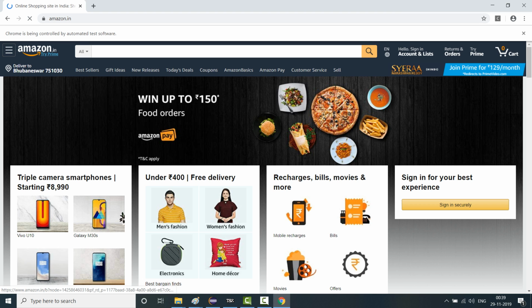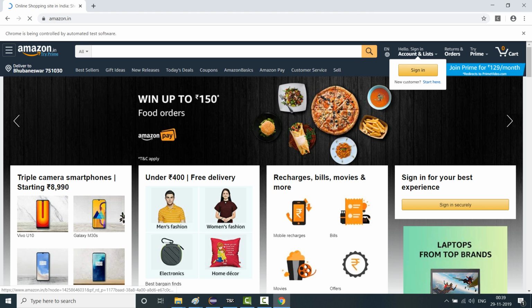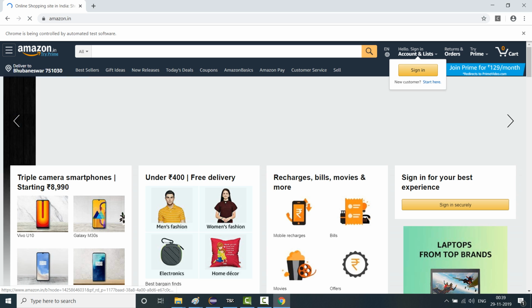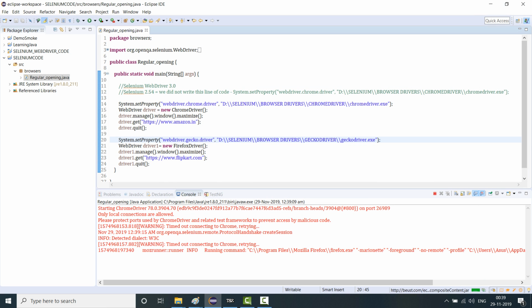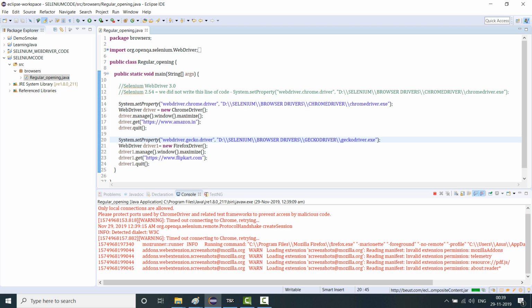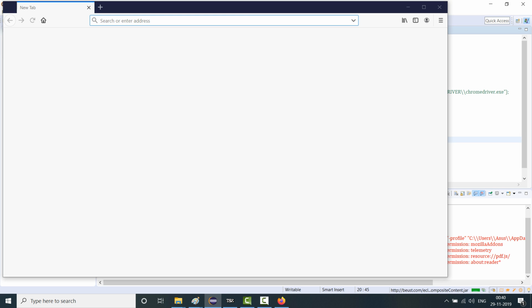Just wait for some more time. This browser should get quit. Okay, I think it's almost done. We're waiting. Okay, it's done. Now the Firefox browser should open. Okay, yes, the Firefox browser opens,